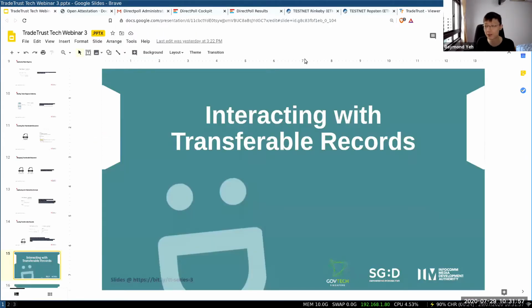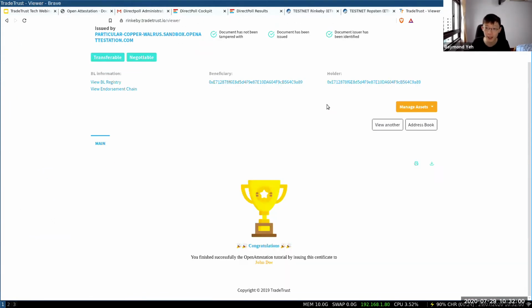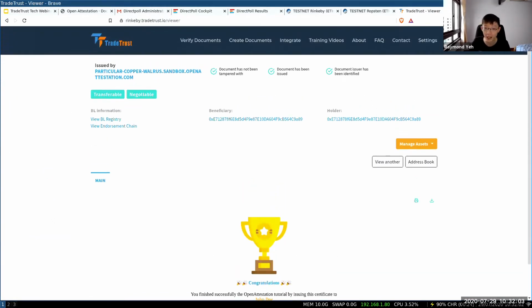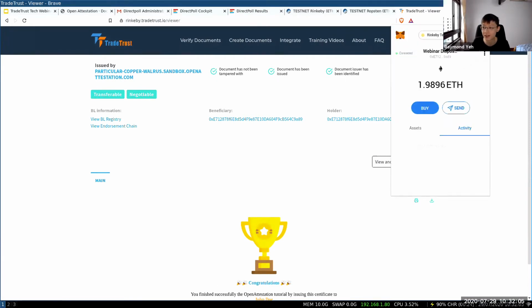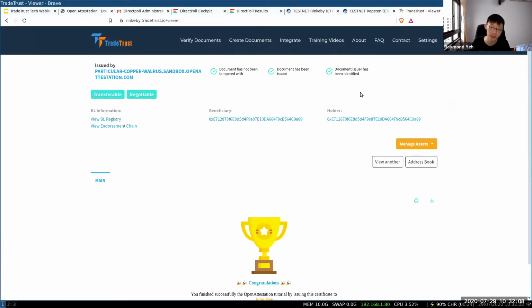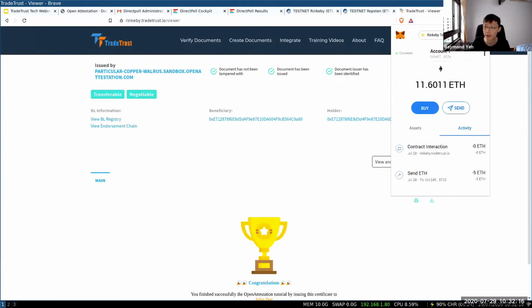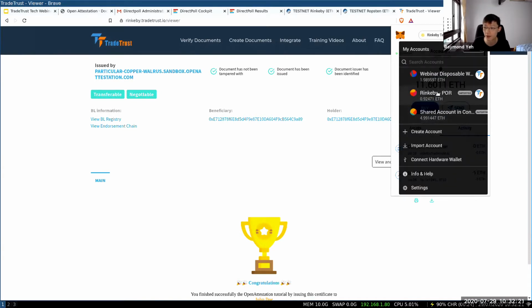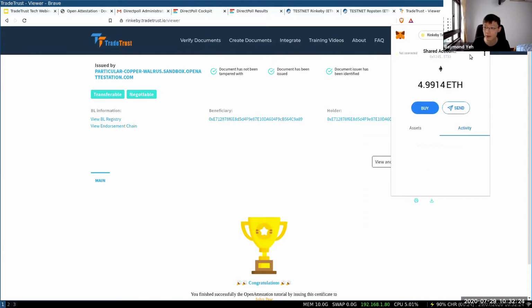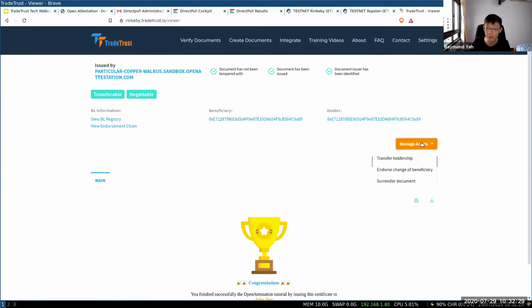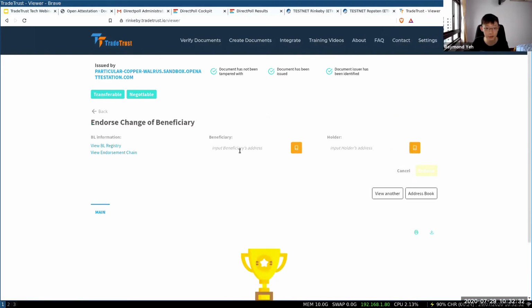What's so fun about a transferable record is that it can be owned by different people and you can transfer it around within seconds. So let's say this is a company in Singapore and I want to transfer it to a company in, let's say, Indonesia, right? And my Indonesian counterparty is 0x8E8. So I'm just going to log back into my current account, this disposable one, right? And I can click on manage assets and change the beneficiary to my Indonesia counterparty